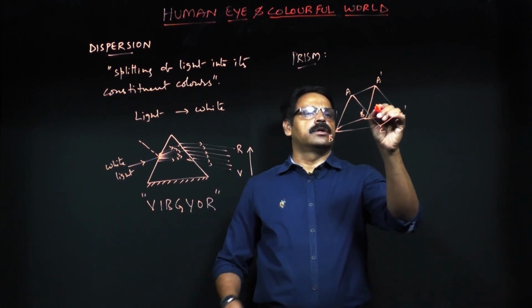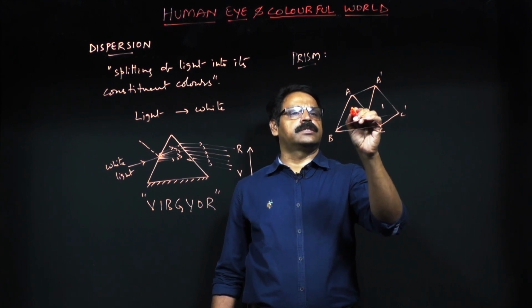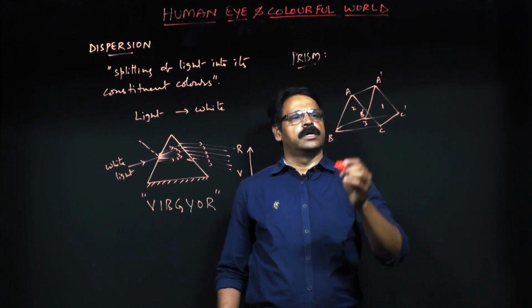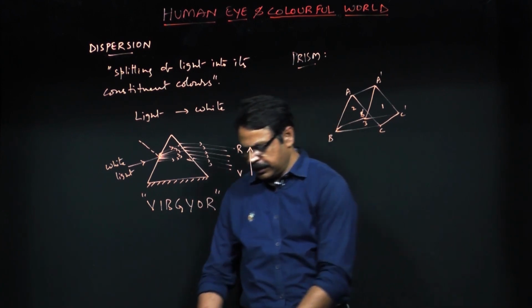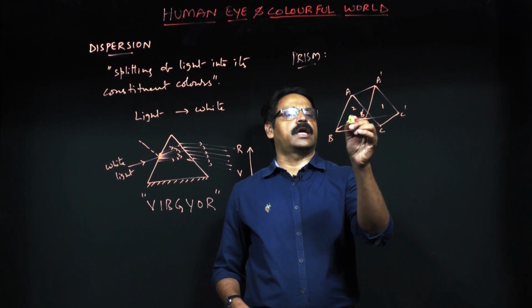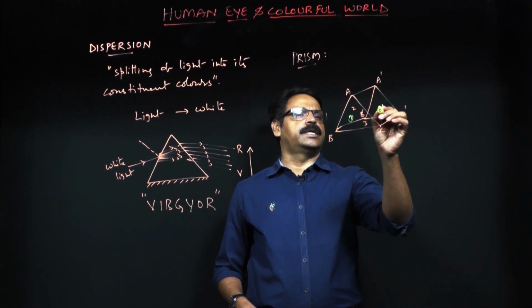This is one rectangular surface, this is the second rectangular surface, this is the third rectangular surface, and two triangular surfaces. One is ABC, this is one triangular surface, and A dash, B dash, C dash is